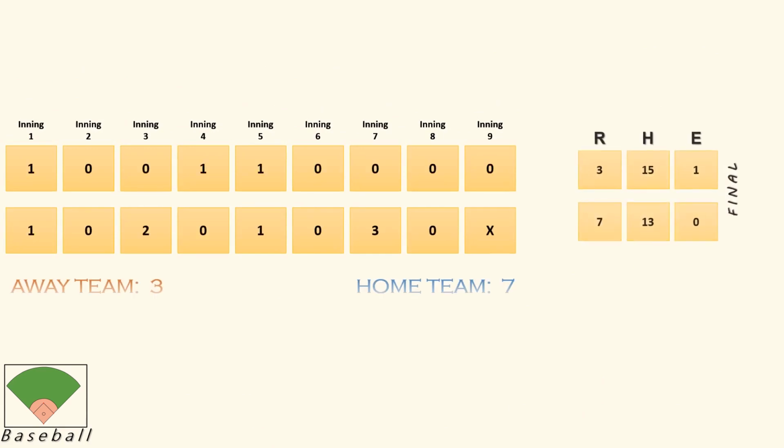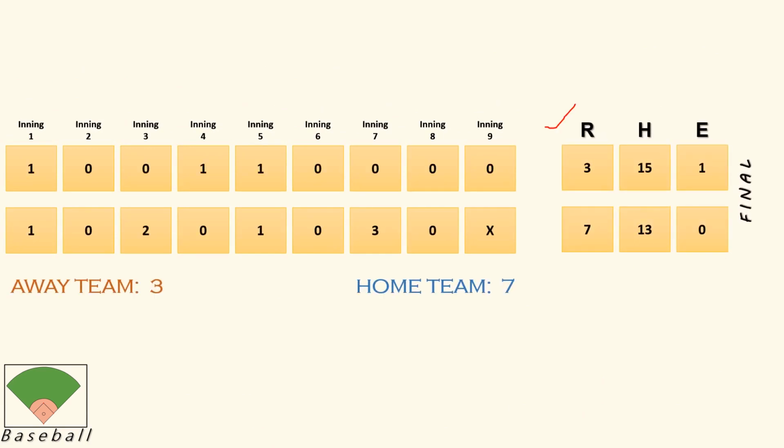See more columns on the scoreboard in a baseball game. These columns are R, H, and E. R is basically the number of runs scored by the batting team. H is the number of hits, which is basically the number of times the hitter was able to reach first base. E is the number of errors committed by the fielding team, and if these errors were not committed, the batter or the runner could have been out.